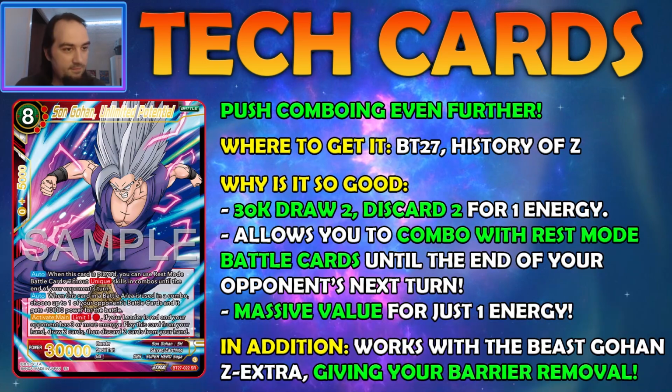from BT27 History of Z. 30k, draw 2 cards and discard 2 cards for 1 energy. It's a massive beater. It also allows you to combo with rest mode battle cards until the end of your opponent's next turn. So imagine what the androids have, this one just has for your entire board until the end